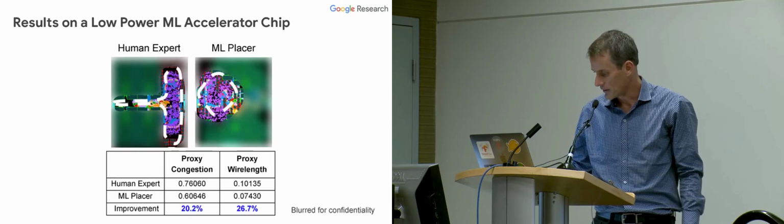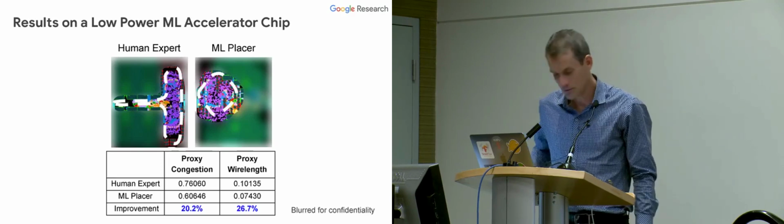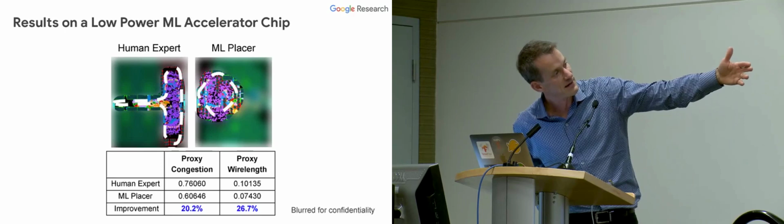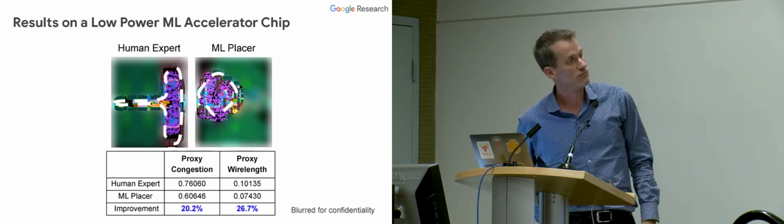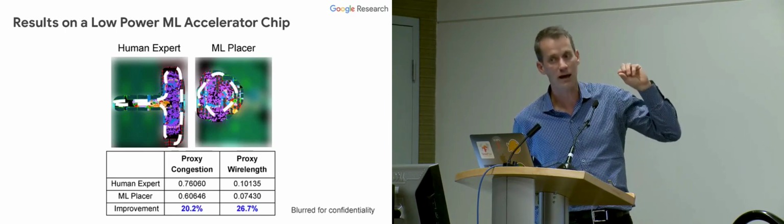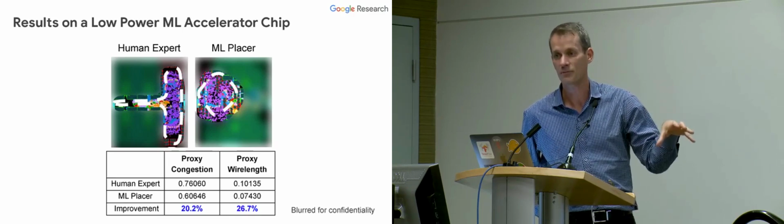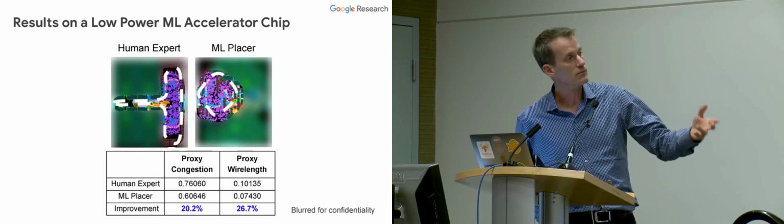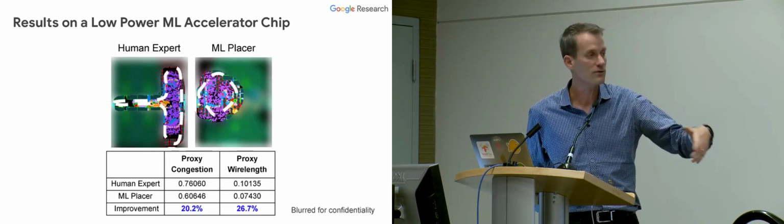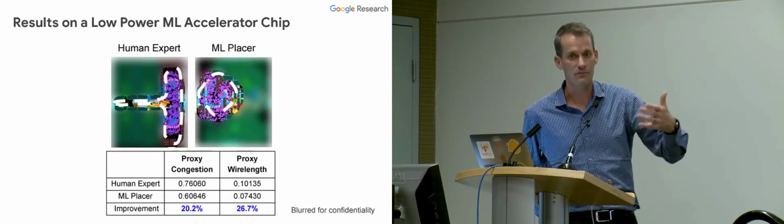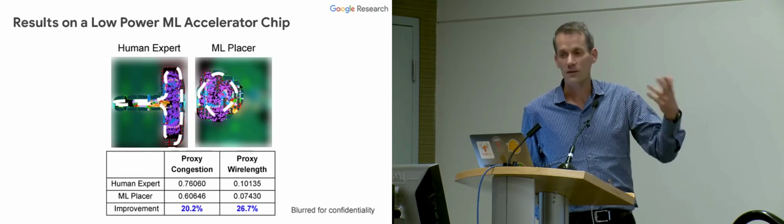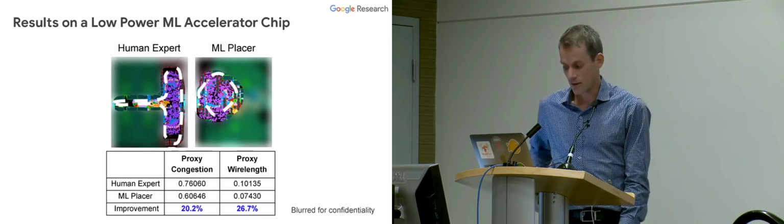And if I could get rid of this, then what you would see is the results are pretty good. In particular, the proxy wire length. So one of the things that's really made this possible is to have a proxy reward function that you can evaluate very quickly on a partial placement or a full placement, so that you can evaluate that in a matter of half a second or a second instead of 24 hours. And that makes the RL feasible on this kind of problem.